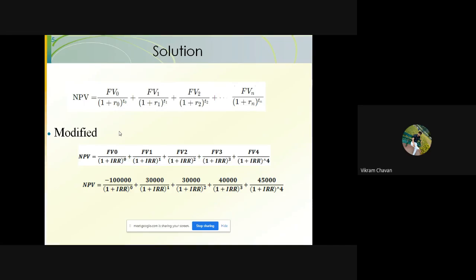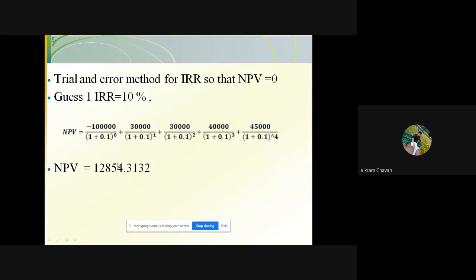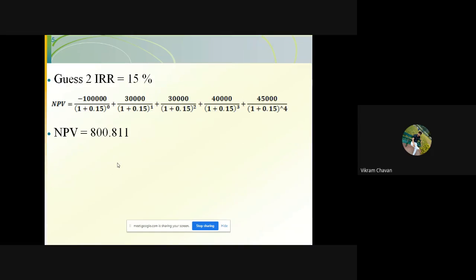We have to calculate the IRR. For the calculation, we have to guess this IRR value. First we guessed 10%, and we calculated the NPV value, and we get some positive value. Then we increased the IRR value, and we come to know that the NPV value is going to decrease, and we get an NPV value equal to